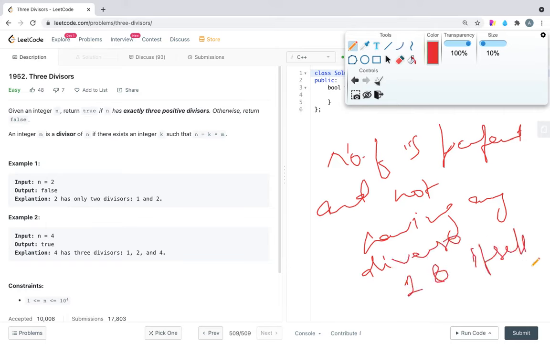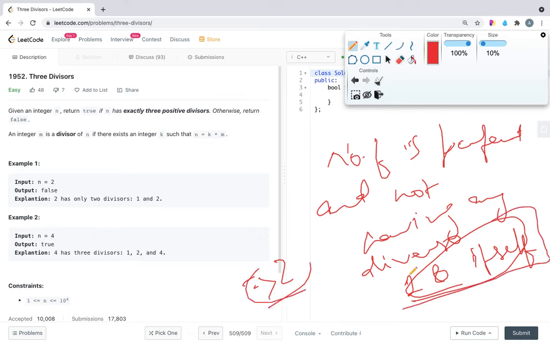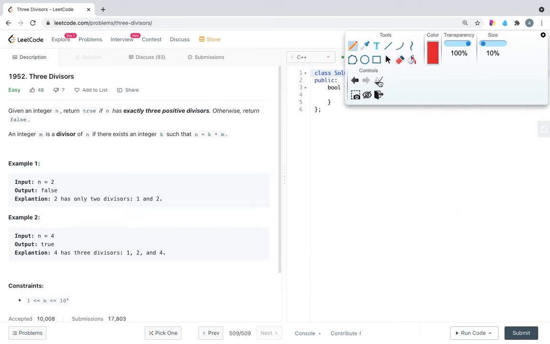The condition that it is divisible by 1 and itself is satisfied automatically. We don't need to check anything more, as any number greater than or equal to 2 is divisible by 1 and itself. We just need to check that the number is a perfect square and not divisible by any number lesser than that except 1 and itself. Yeah. So now let's come to the coding part.